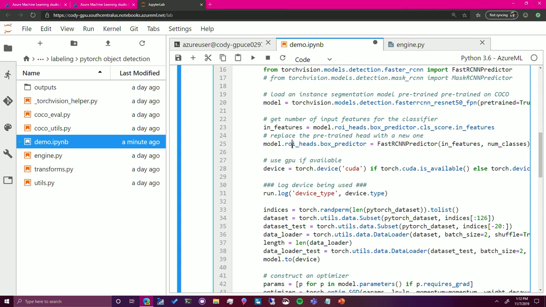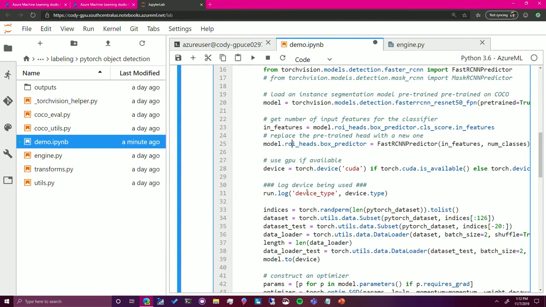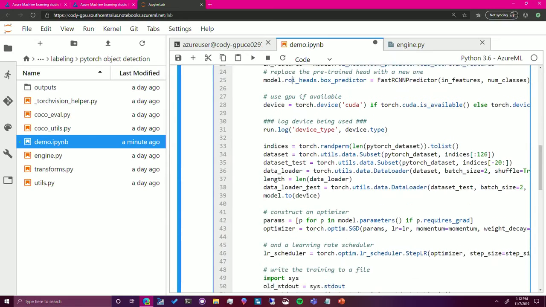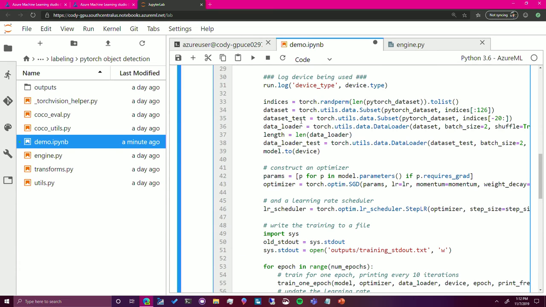Of course, I want to benefit from the power of a GPU, so I'm going to turn my device onto CUDA if it's available. Otherwise, I'll use the CPU. I'll go ahead and log this to the workspace as well so that I know whether or not I trained on a GPU. Again, back to standard PyTorch code here, setting up the data and sending the model to the CUDA device.